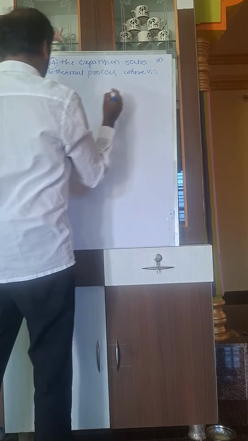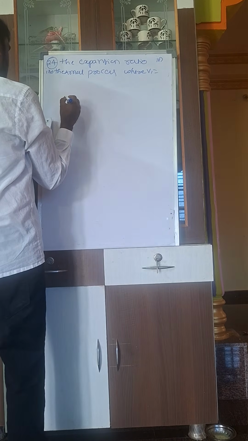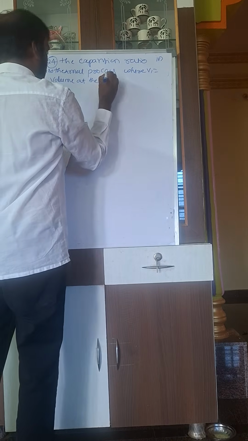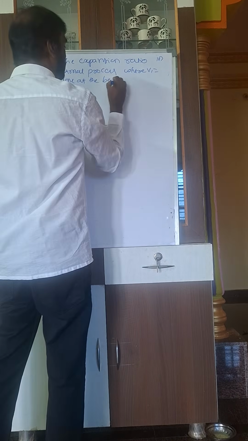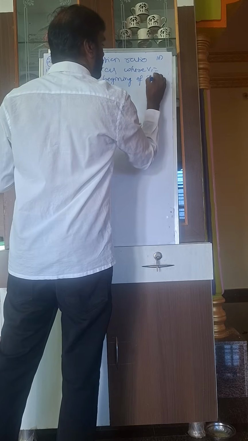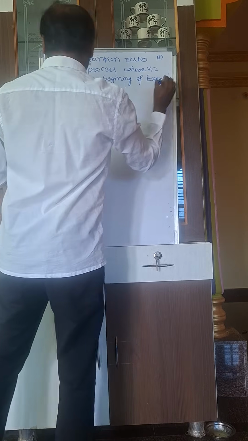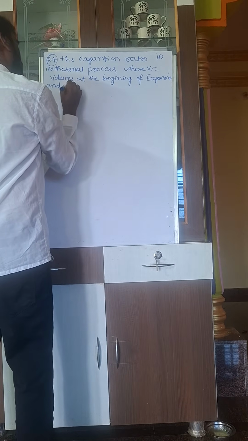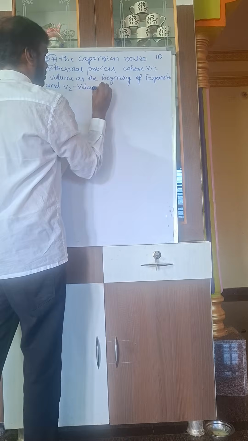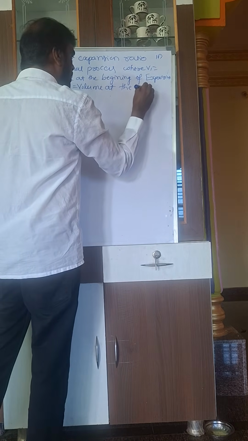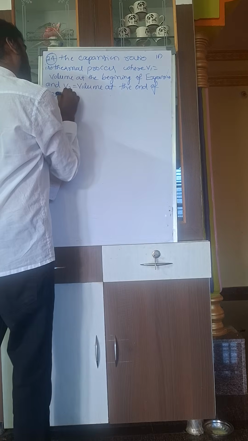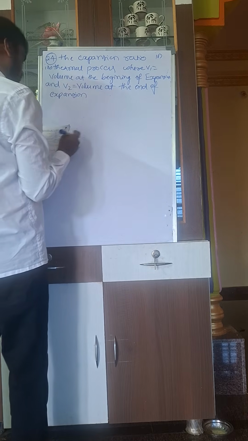Where V1 equals the volume at the beginning of expansion, and V2 equals the volume at the end of expansion. The expansion ratio is expressed by